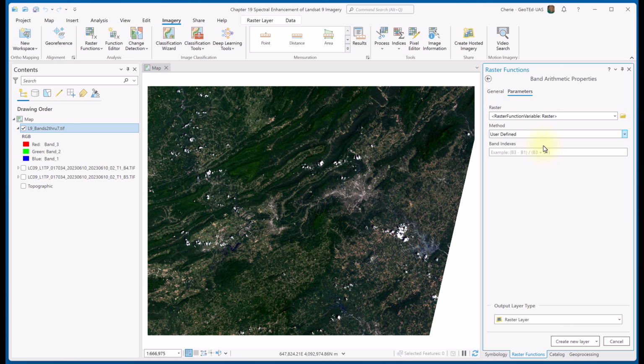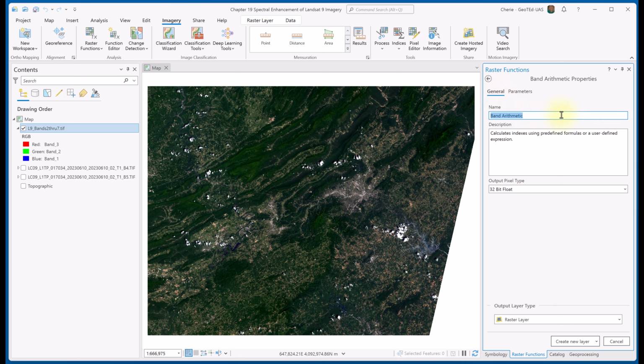For the raster, we'll use the composite image. Under Band Indices, we'll enter the equation near-infrared divided by red, but we need to remember that the band numbers associated with our image assigned by ArcGIS Pro are band 4 for the near-infrared and band 3 for the red. I'll enter B4 divided by B3. And in the General tab, I'll name it RF_NIR